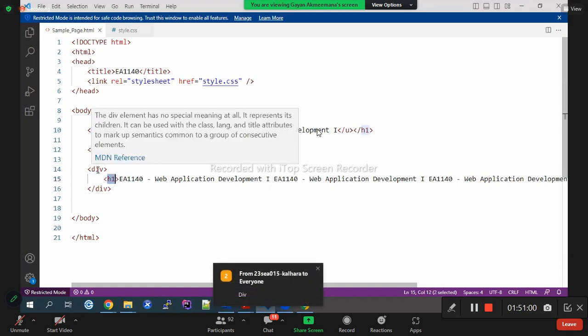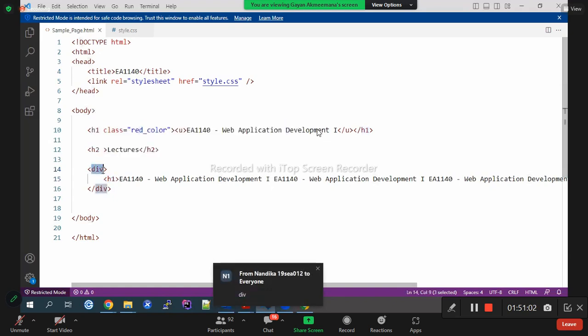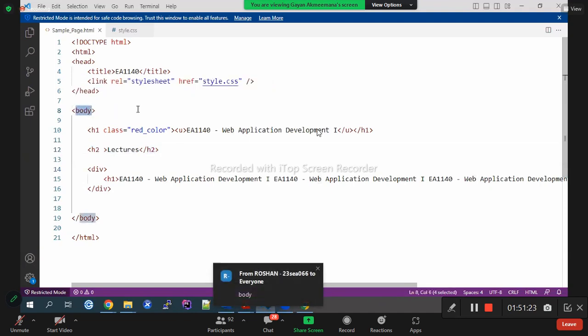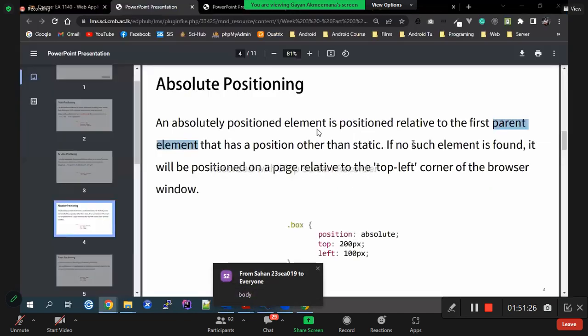Yes, that is this div tag. Okay. Then what is the parent of this div tag? Yes, this one, body. Then what is the parent of this tag? This h2 tag is similar also this body. Okay. Now what it says in this